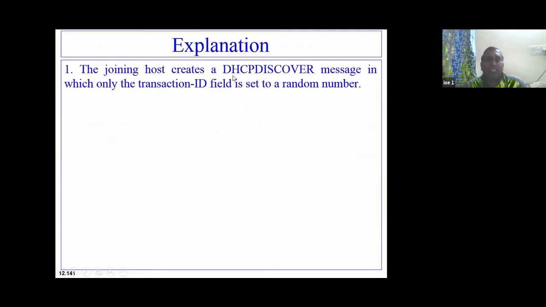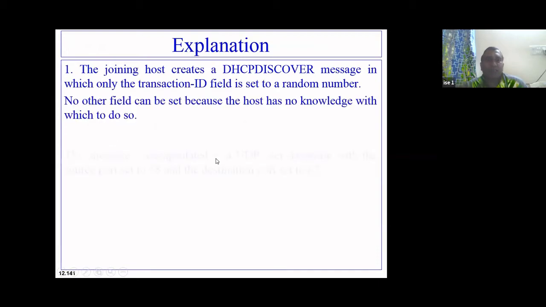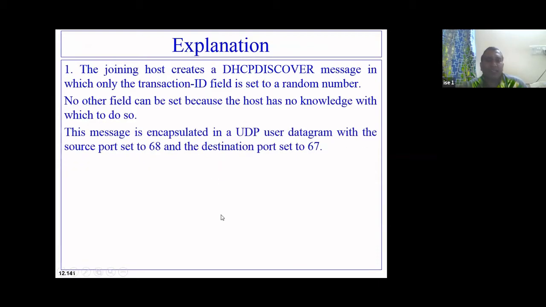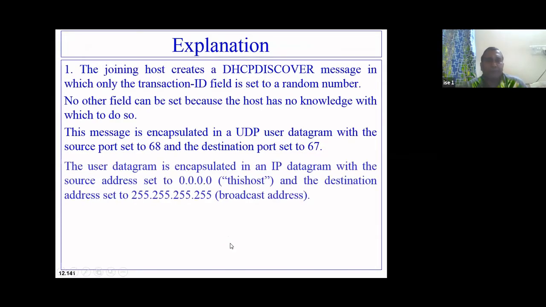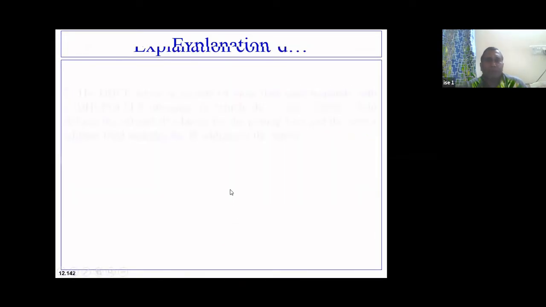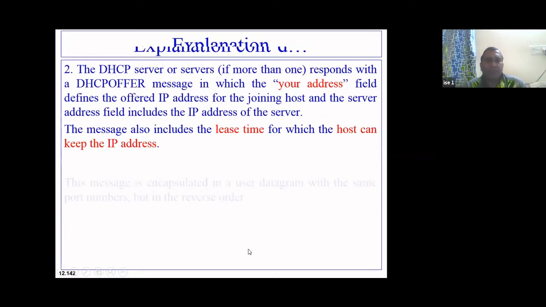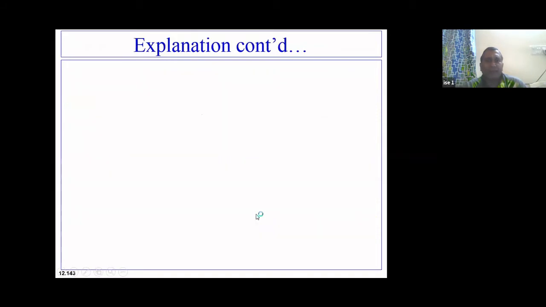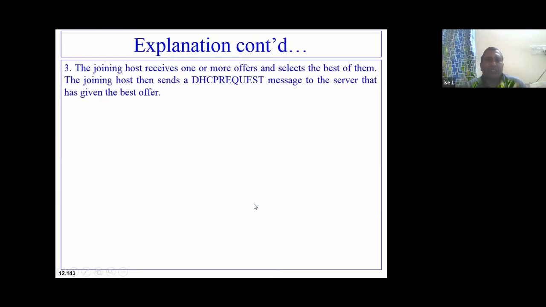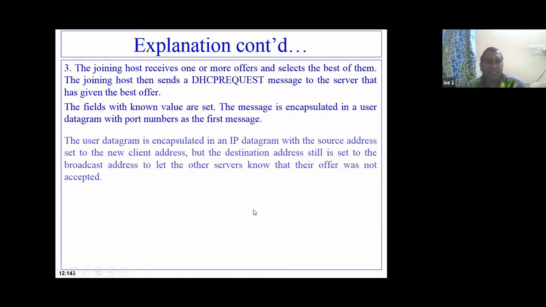So I have already explained what DHCP discover is, and all these things. This explanation is already given.